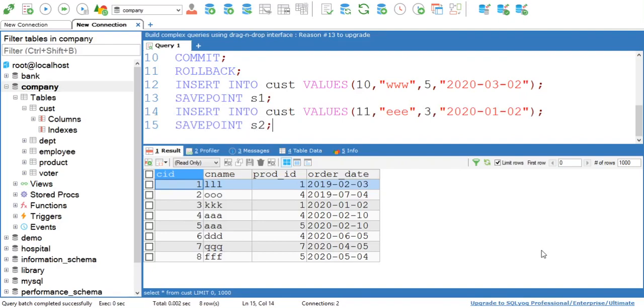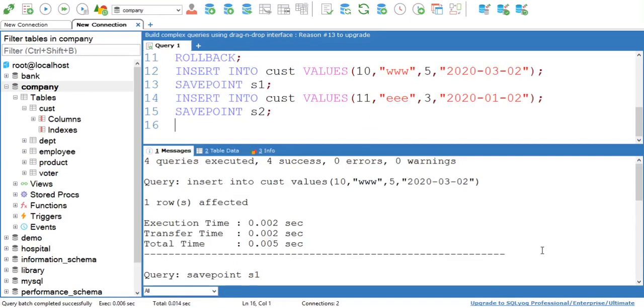Now, when your transaction consists of many instructions, or when you want to execute a number of instructions in a series, it is better to create save points, because if you want to roll back the transaction, if you want to undo some changes, then you can undo those changes up to some point. That's why save points are used. Now let's execute all these queries.